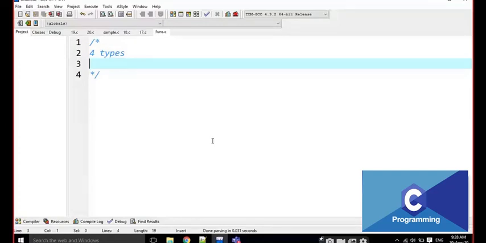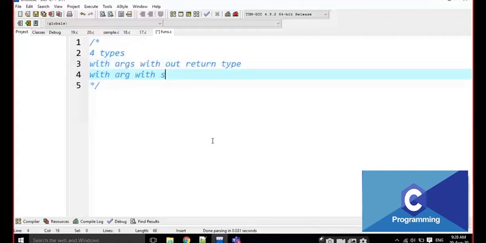That is, with arguments and without return type, and with arguments and a single value as return.